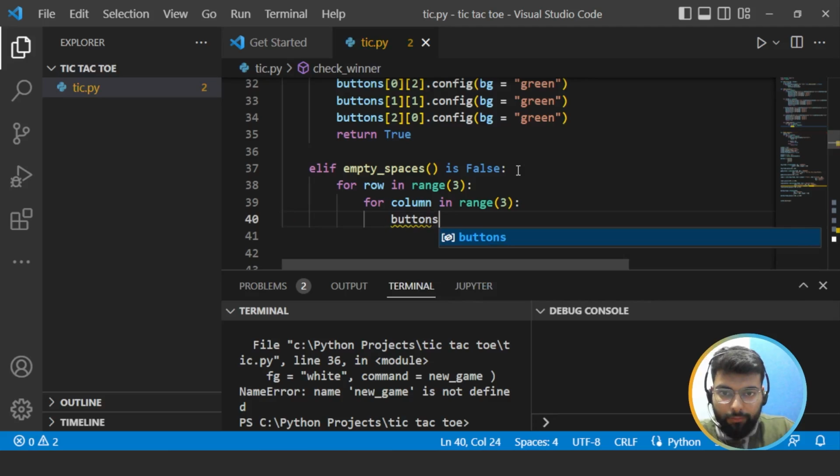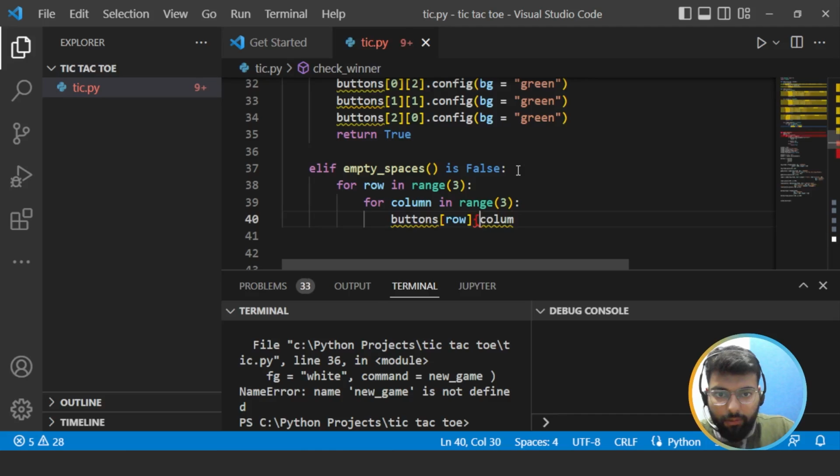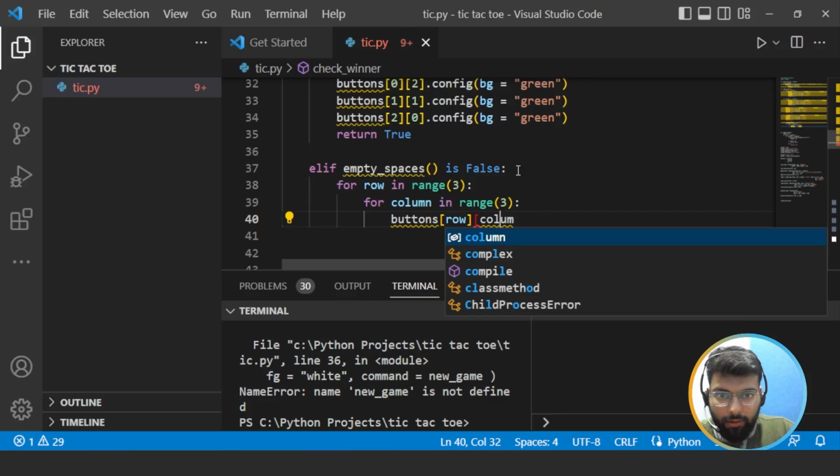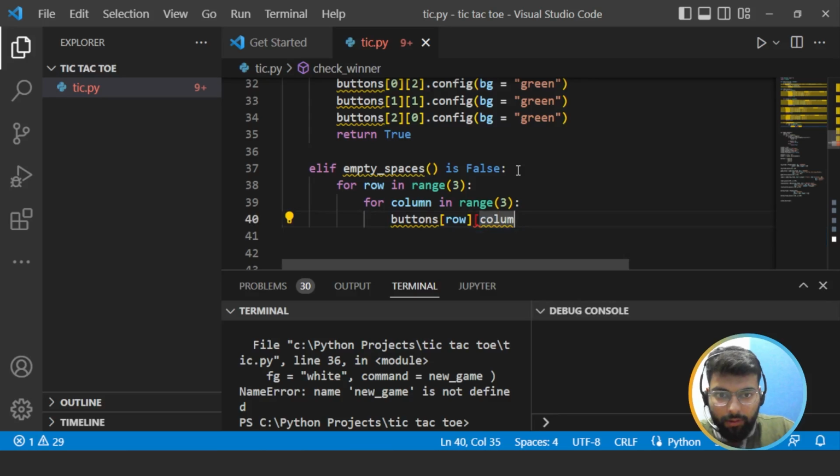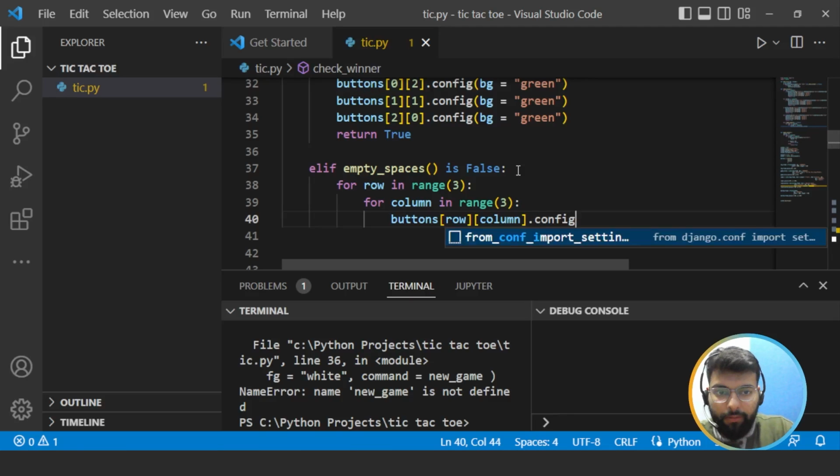So for that buttons, row, column, use square brackets, row column dot config, and we'll configure background color equal to yellow,